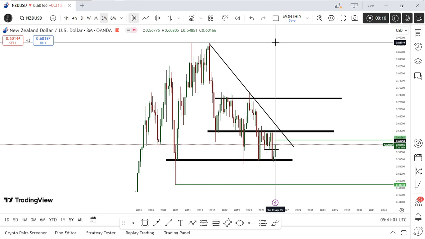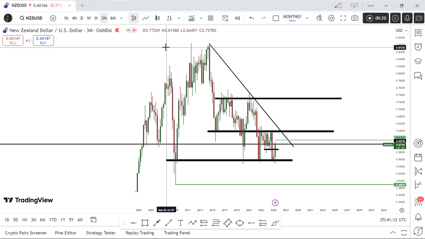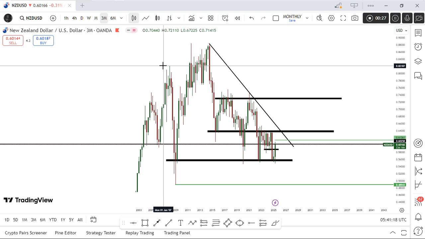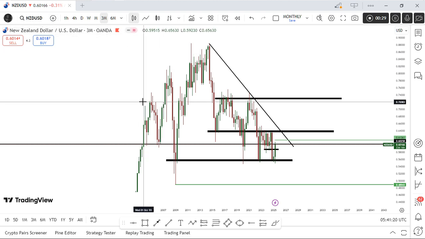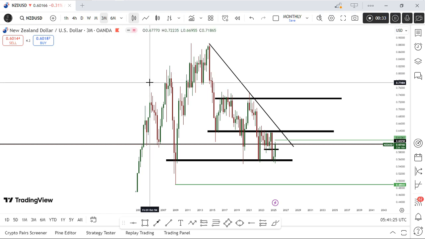Here on the chart, let's analyze the NZD USD pair together. My name is Adesomi George, or you can call me Egon. Apologies, let us analyze the NZD USD together, and let's see the potential movements that we have for the next